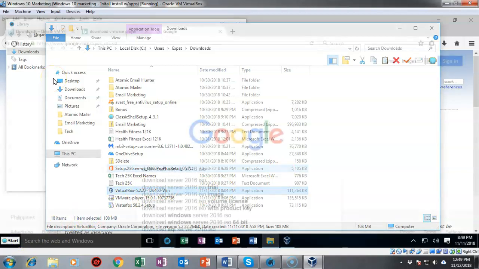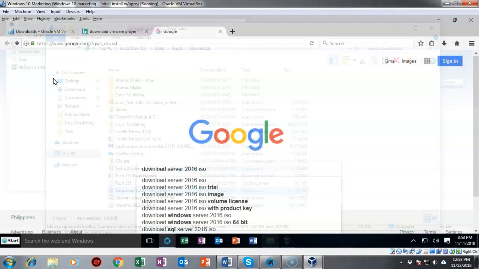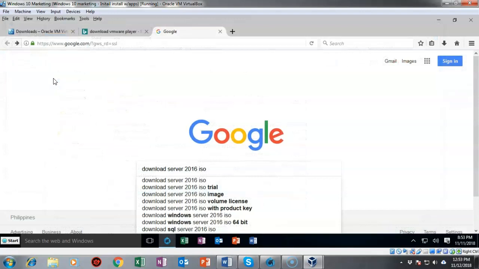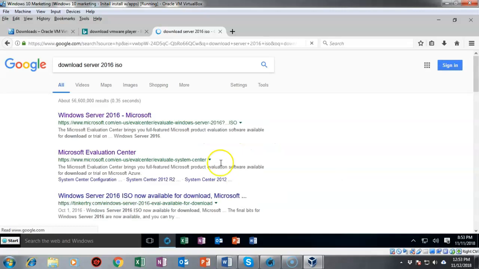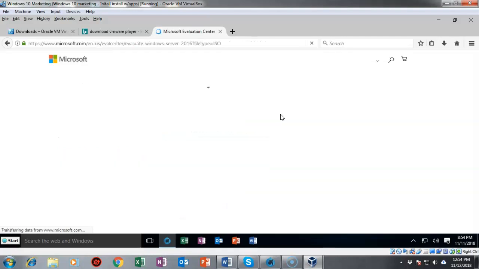Now that we have VirtualBox installed, we're ready to download a fresh installation of Server 2016, the ISO. To do this, I've opened up Google and I've just typed in Download Server 2016 ISO. I'm going to hit Enter. And on this next page, we're going to select the first option, which is for Windows Server 2016. I'm going to be taken out to the Microsoft Evaluation Center, where I will be able to download that